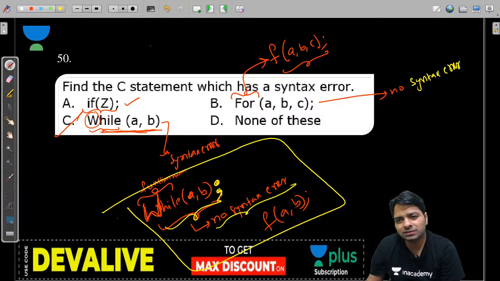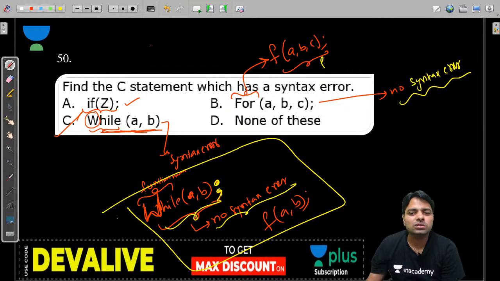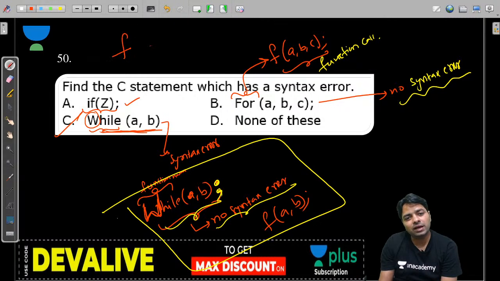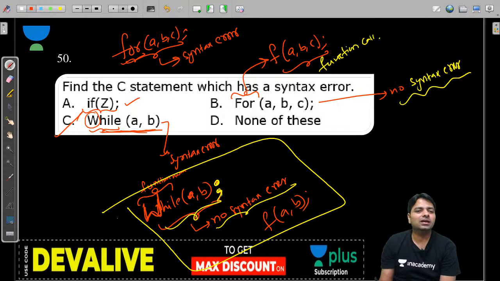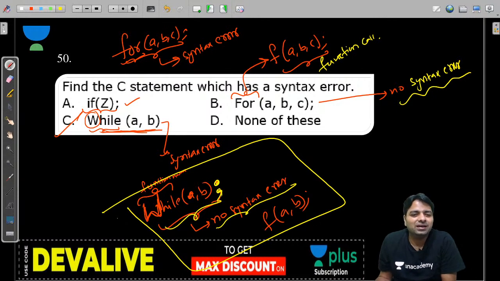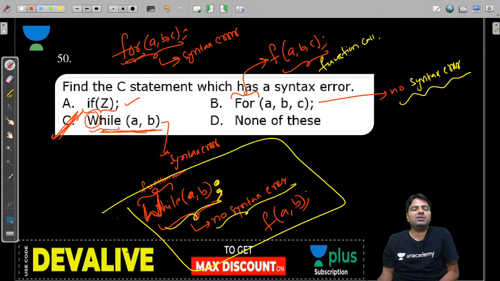You identified my point. Yes, no syntax error because it looks like a function call. I was explaining option C, you caught it for option B. That's good. But if it is small f, then it is a syntax error, because the for syntax is missing. That observation is important. Good point. Even if we assume, when somebody is asking about syntax errors, you have to look at lowercase and uppercase, because our assumptions are going to fail, right? Option C is the only answer right now, but we should be careful.